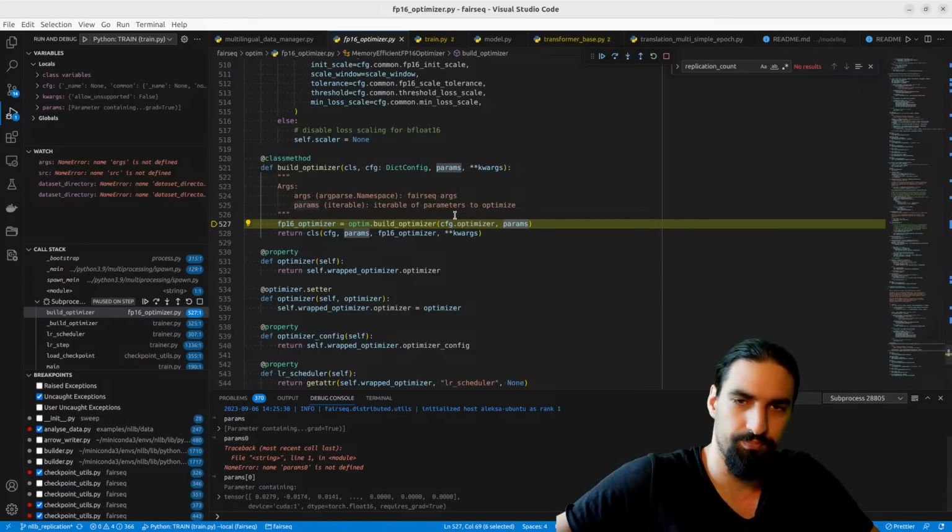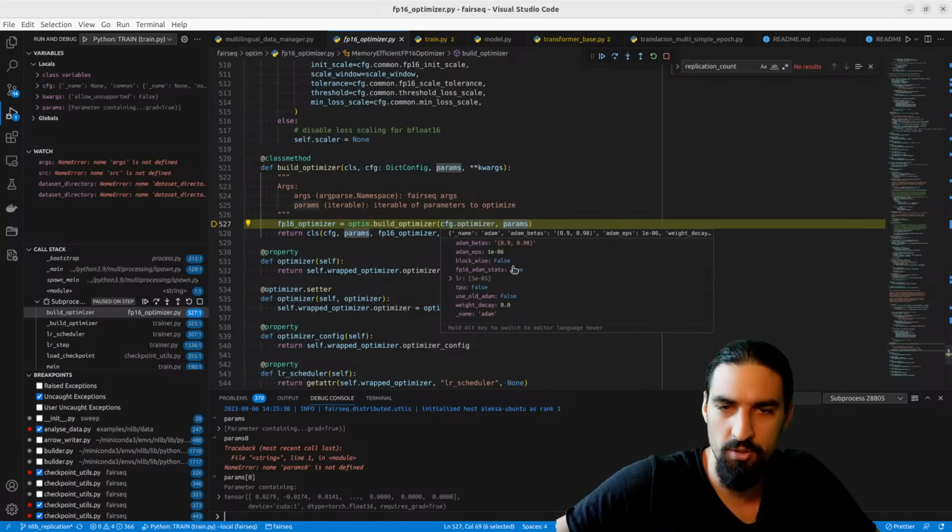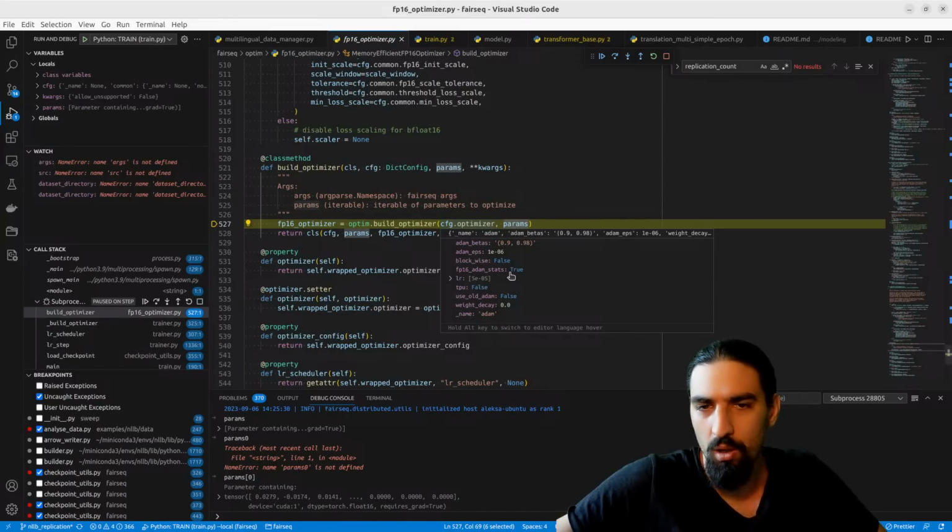Okay, configuration of the optimizer. Blockwise, stats, true, learning rate.